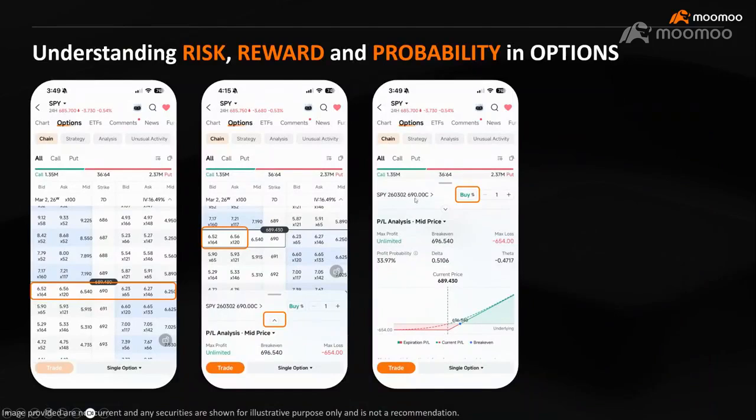Basically it's the strike price plus the premium that you have paid. So this will be the break-even price. By expiration, it has to go beyond here. But if you just want to buy to open and sell to close, that one is different because the probability changes, right?